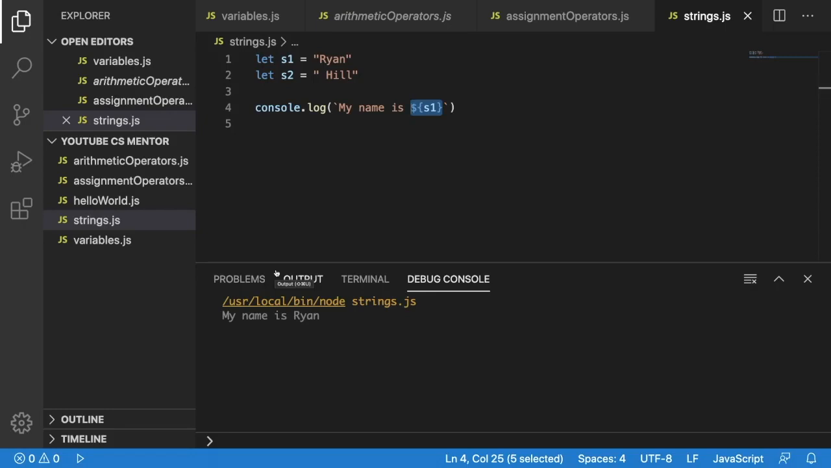So you can do all sorts of cool things. For example, we could change this S2, so rather than using Hill, we'll use James. You could put whatever you want in here, but just know that you can use multiple variables in the one string template. So we could have my name is Ryan and my best friend is. So rather than writing James, which we could do, but we want to use our S2 variable,